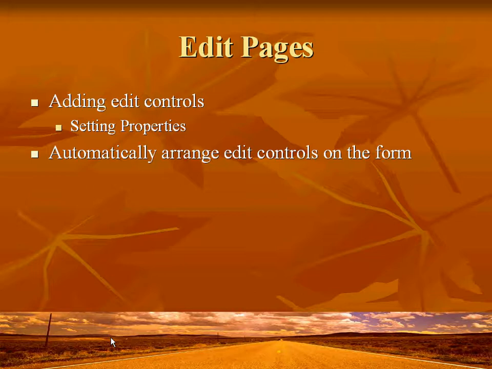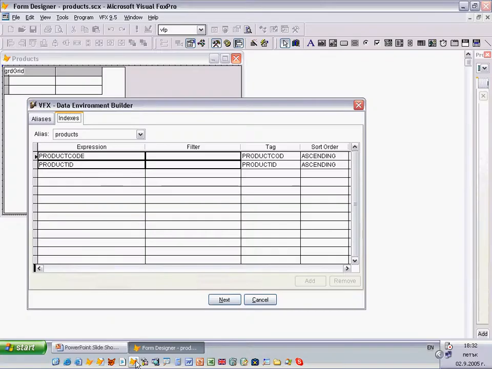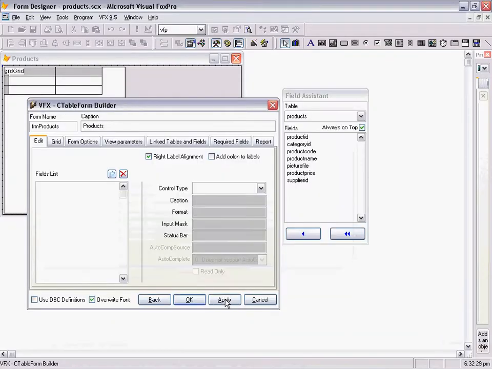Here you can set what controls and which fields should be available for end users to edit. Let's have a look at it. Clicking on Next, loading the CTable Form Builder. Here I can add fields for which edit controls will be created.